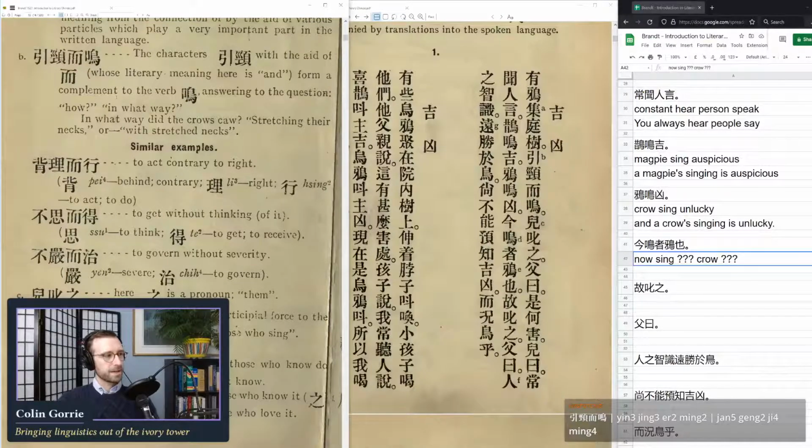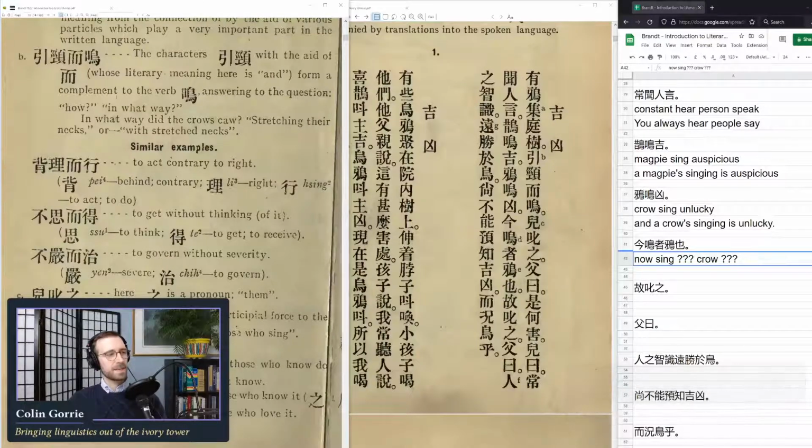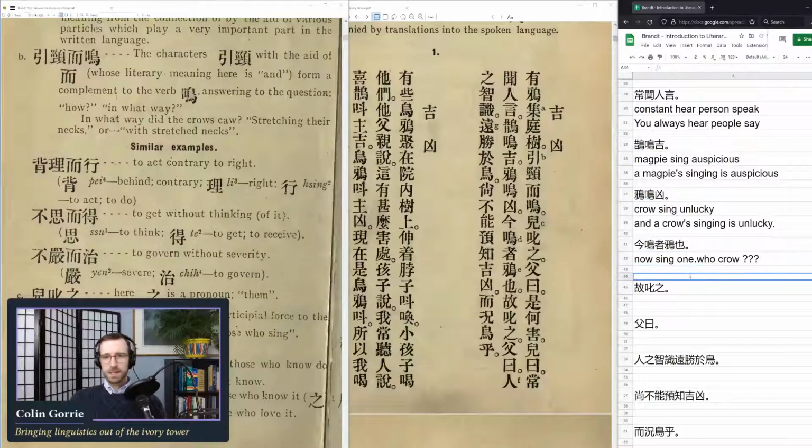So here we have this particle j, which gives a participial force to the preceding verb, singing, or those who sing. So it almost seems like an agentive nominalization, like the one who sings. So let's translate this as one who. So now the one who sings, and then we have